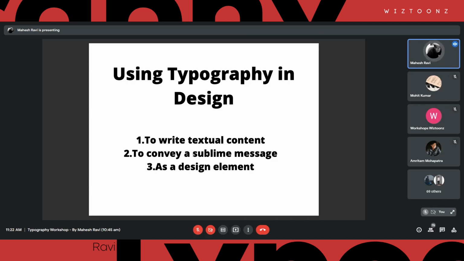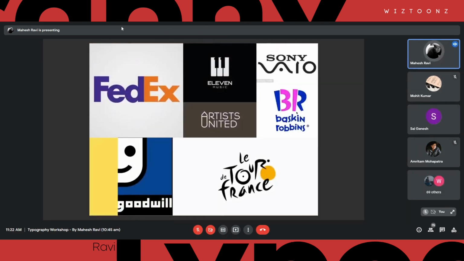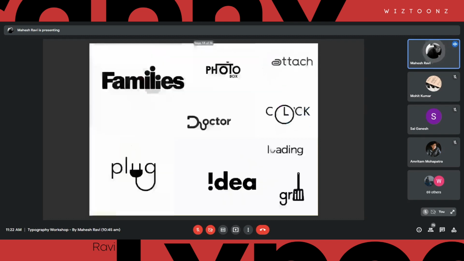So that is a subliminal way of conveying that we have 31 flavors of ice cream. Was it 31? I think it is 31. Yes, it is 31, right? We are basically reading it as BR, but on a subliminal level, we are also able to see 31 in that logo. So that's one use of typography.